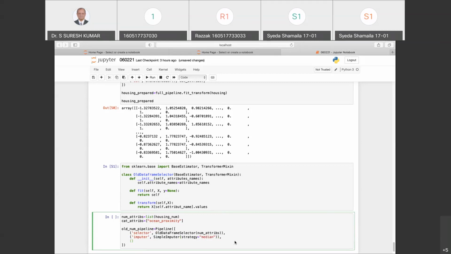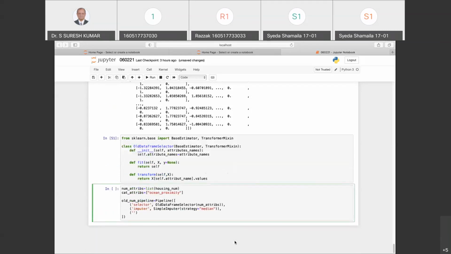Then I take the attributes adder. So I say attributes underscore adder, which will be nothing but my combined attributes adder, and a comma.